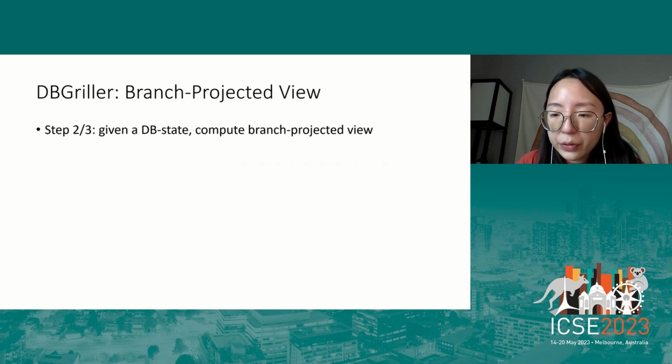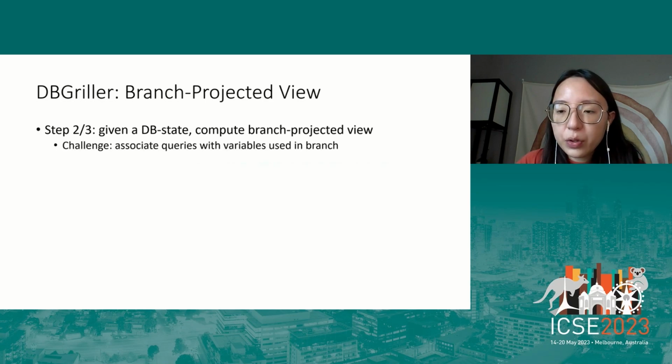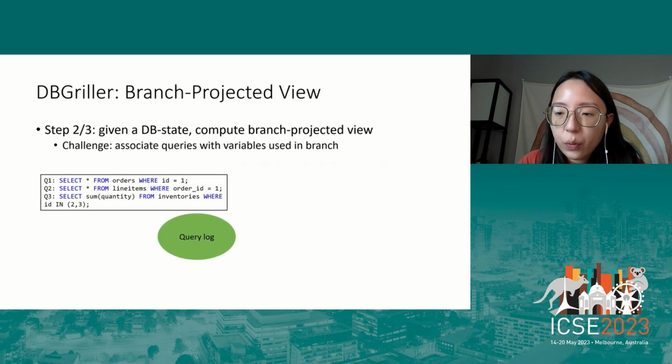Then we continue to figure out what data from the database is indeed being used in the branch. Because the variables essentially store database query results, we need to associate queries with the variable used in the branch. Sounds easy, but this is actually very challenging. We can only use the query log to get the queries issued, but this does not tell where they are issued in the application.